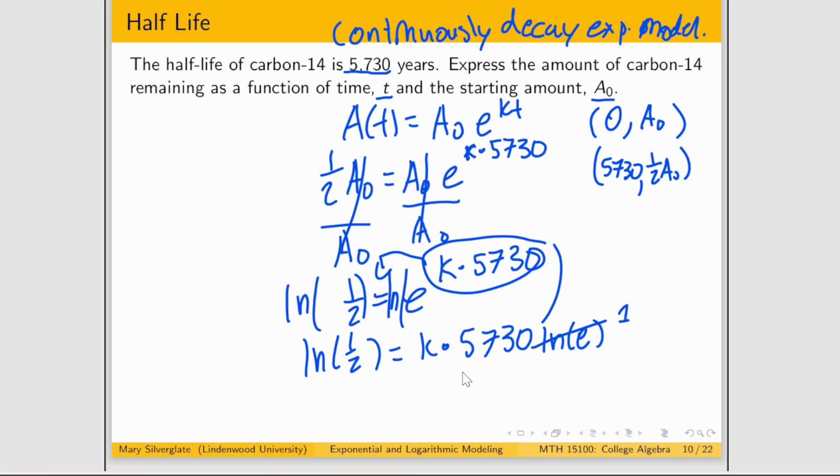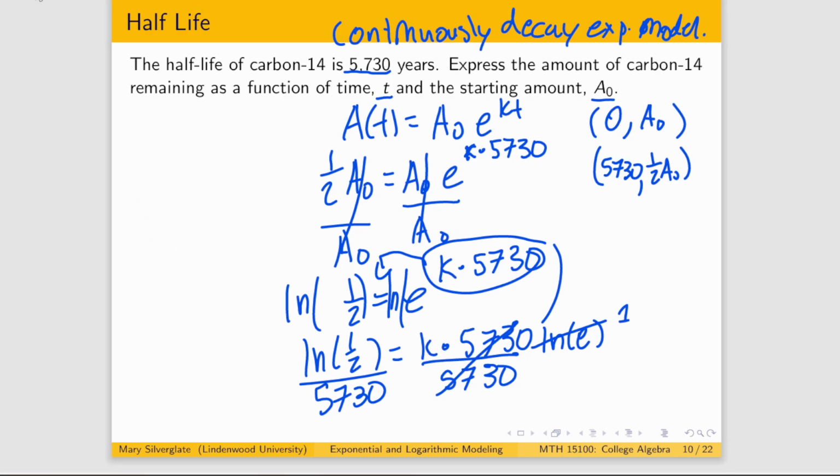And then what would be my last step to get k by itself? I would divide by 5,730, divide by 5,730. And this whole big old fraction is what k is equal to. So for my final model, I'm going to rewrite this with what k is equal to. So that's the amount at time t is whatever my initial amount is, e to the natural log of 1/2 over